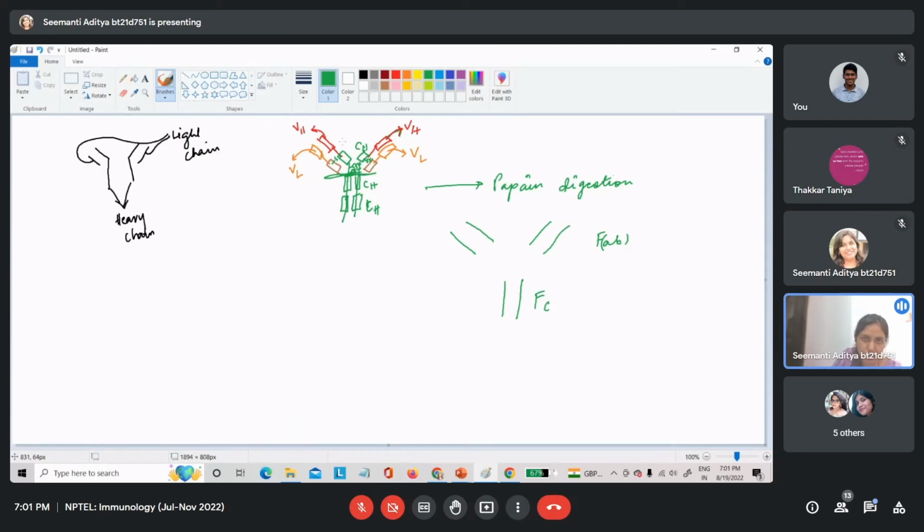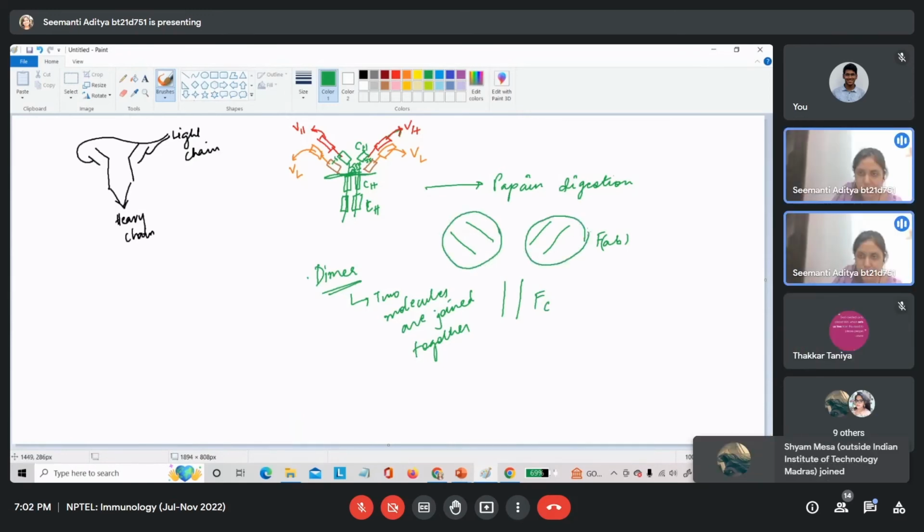Now what are you going to get in this FAB fragment? If you are looking at this immunoglobulin structure, we are getting a dimer. So what is a dimer? A dimer is when two molecules are joined together. So in this FAB segment, we have two dimers,